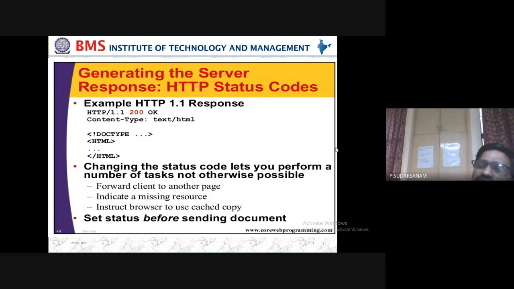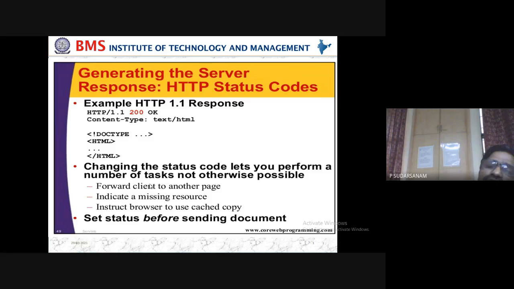That is why the resource is missing now. Then instruct the browser to use the cached copy. In that case, results not found or something else should be displayed, because you are instructing the browser to use the cache. This is the changing of the status code.